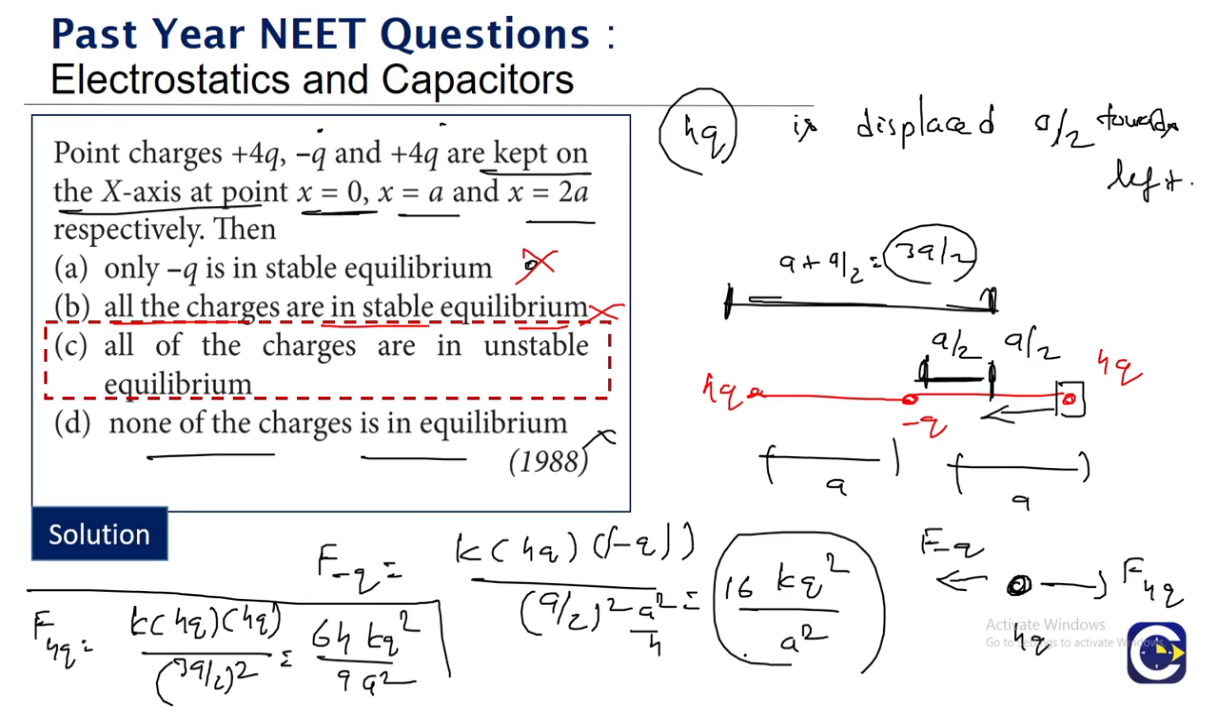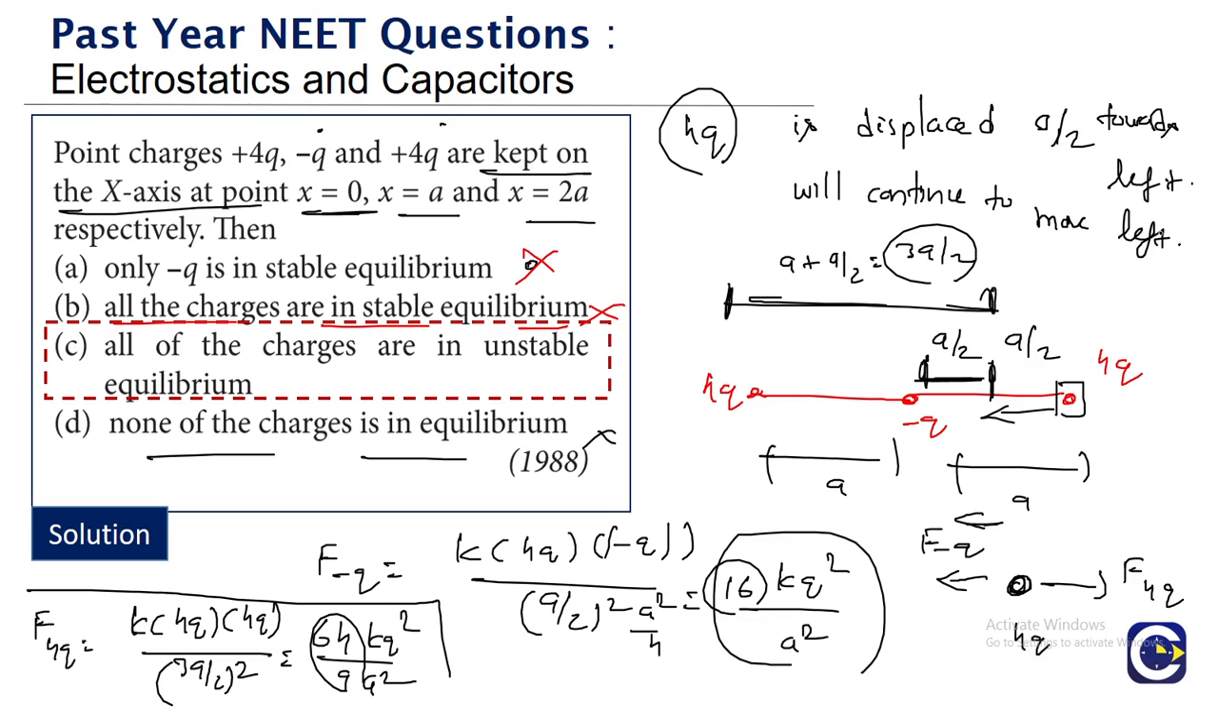Now the question is, which of these forces is higher? Which of these forces is actually higher? See, 64 by 9, that is like what? 7 point something. Here what is the factor? 16, which means the force due to minus q is what? Higher one. So force due to minus q is trying to pull it further in the left direction, right? That is a stronger force here. Means what? 4q will continue to move left,